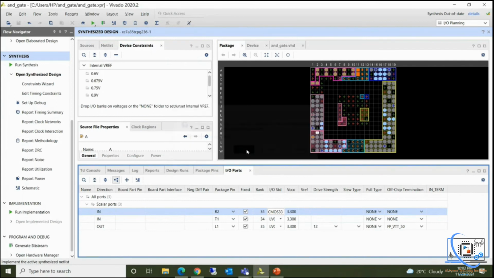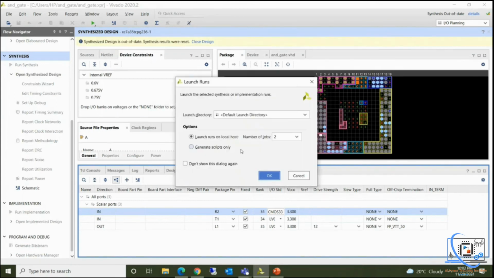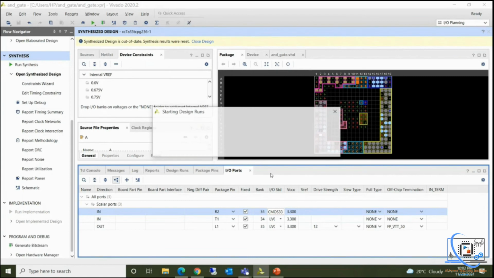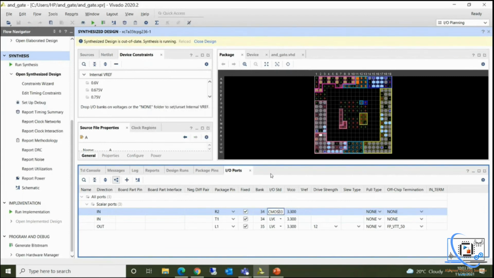You can click yes. Again, it will take some time to run. You can always see the status here at the top. Currently it is running synthesis, then it will run implementation.